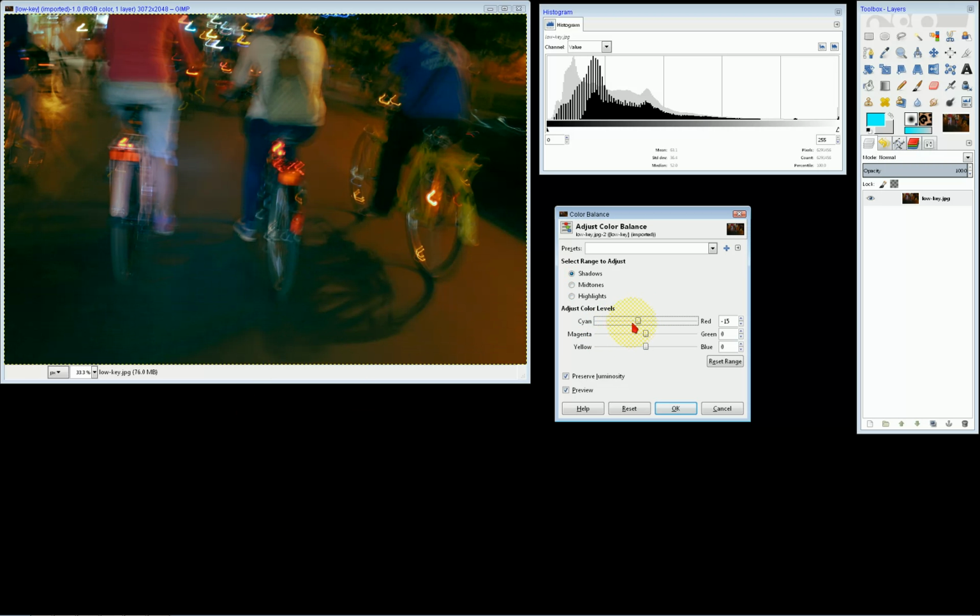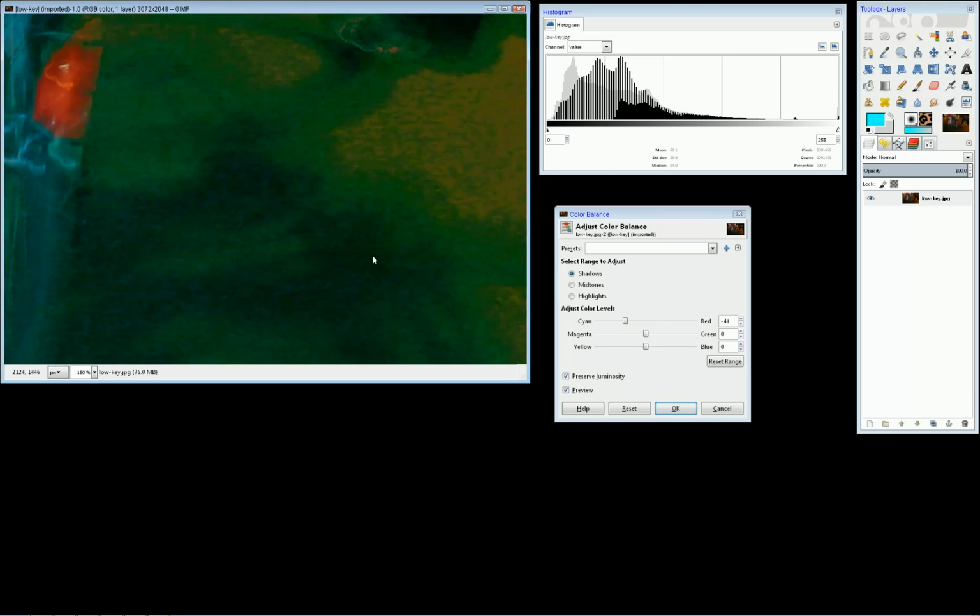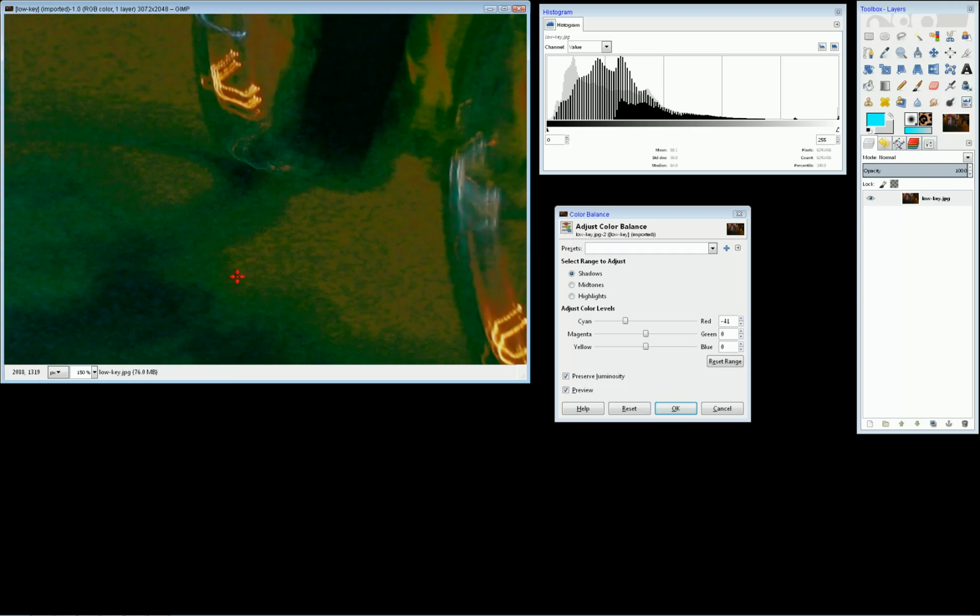Dragging the cyan red slider to the right makes the shadows even more red without significant problems inside the histogram. The existing red just becomes more intense, but dragging to the left, banding appears, and it is more easily seen if I zoom in. I can see here the image, how it is spoiled.